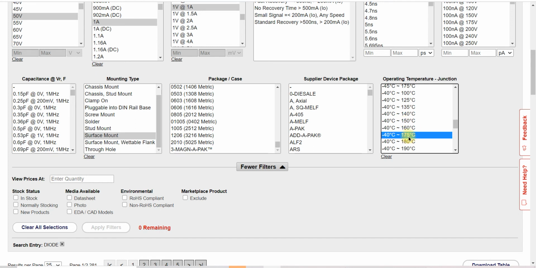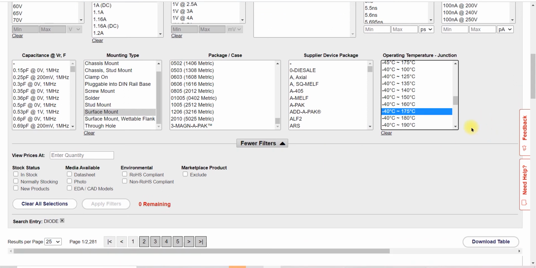If you have already selected your range for your project, and that component is not showing in this range, you can mail Digi-Key saying I want this component in this range. Otherwise you can go to the Mouser site also. I will make a video on Mouser, how to select components on Mouser. Right now I clear it. I see that it is not showing any component, so I will have to search.